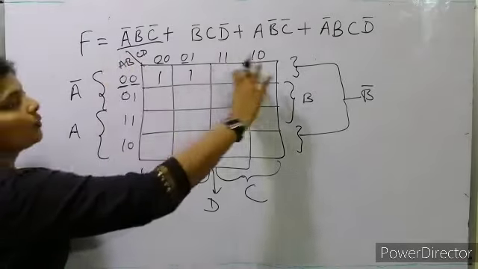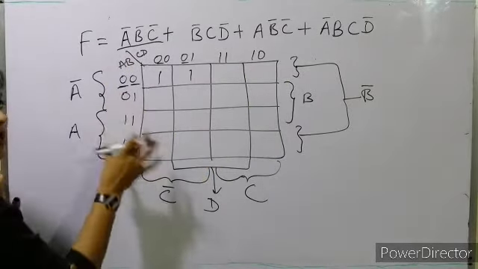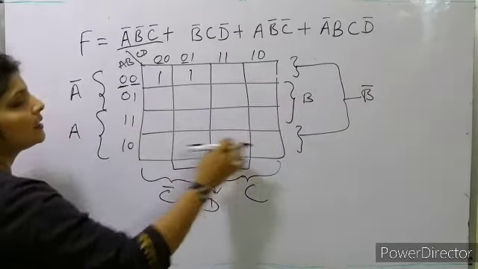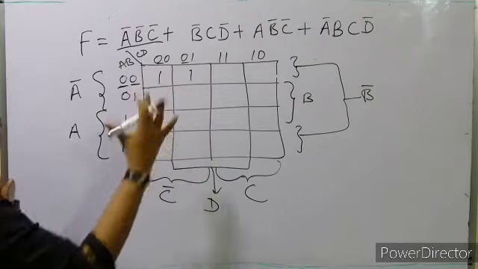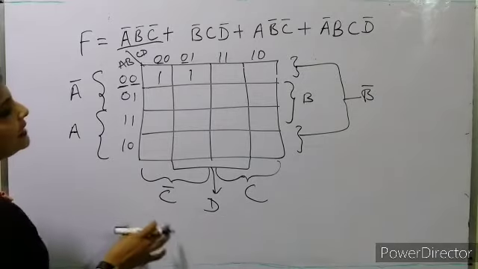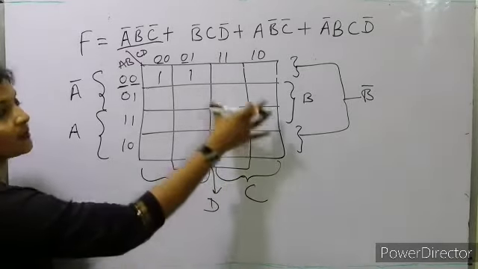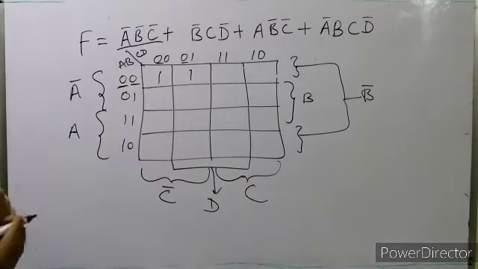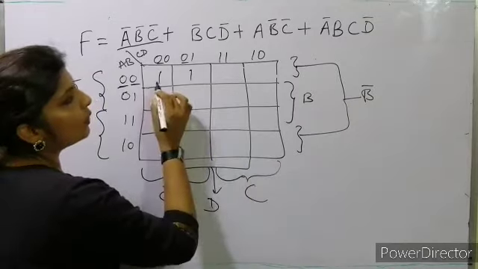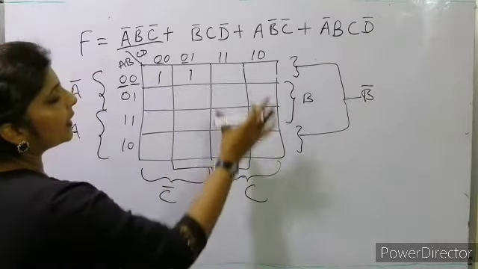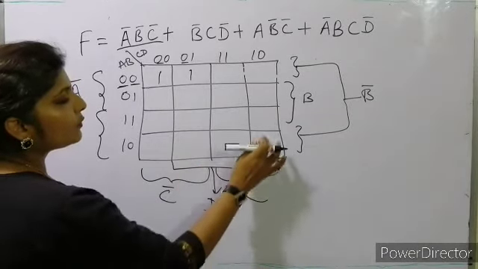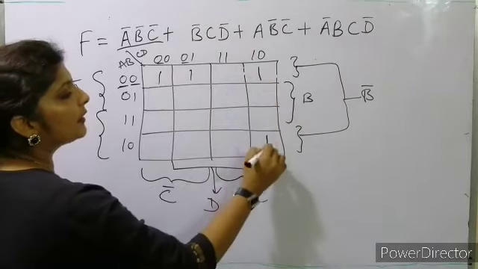Why? Because a bar will be in these two rows, a is 0, and b bar, this one and this one, will be in these two. So we'll take the first one in which b bar, b is also 0, and for c bar only these two are there, c will be in this, so these two we have written. Now b bar, c and d bar: for b bar this row and this row, and where will c be? Common here, so we'll take these two and these two. Now where will d bar be? In these two d is positive, so in these two we'll write here and here.